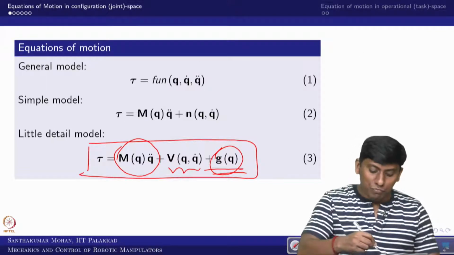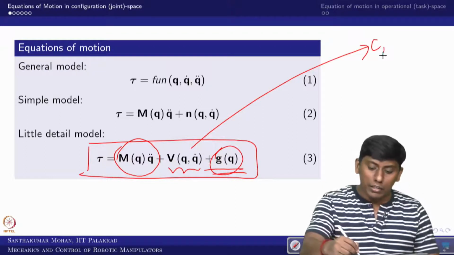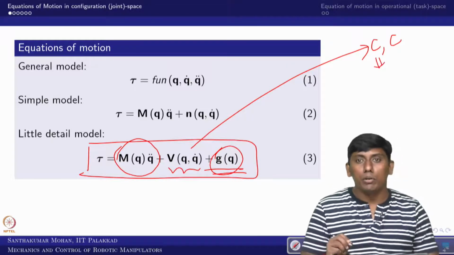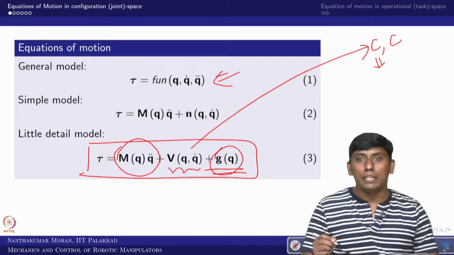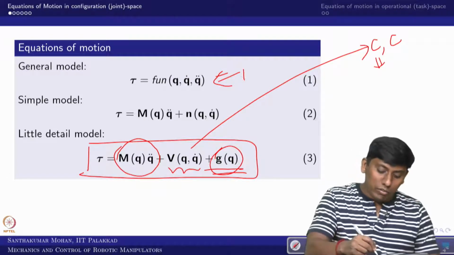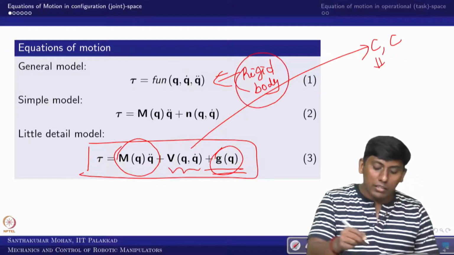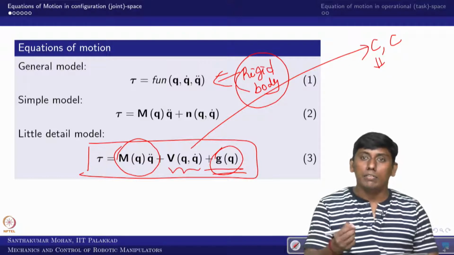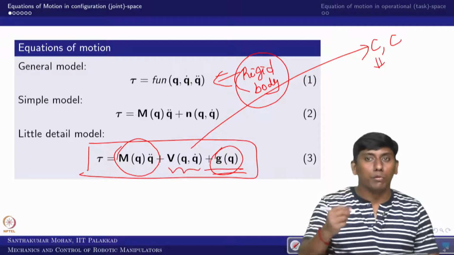This other vector can have further components, such as centripetal and Coriolis components, and you can even bring in friction. But right now we are not bothering about friction, because if you remember, the derivation we did was based on rigid bodies. Based on rigid bodies, we have taken only kinetic and potential energy in Lagrange-Euler, and even in Newton-Euler we have seen only acceleration and inertial forces, right?